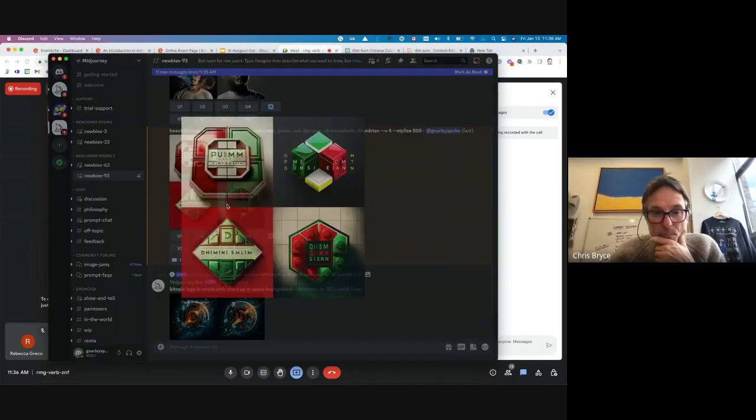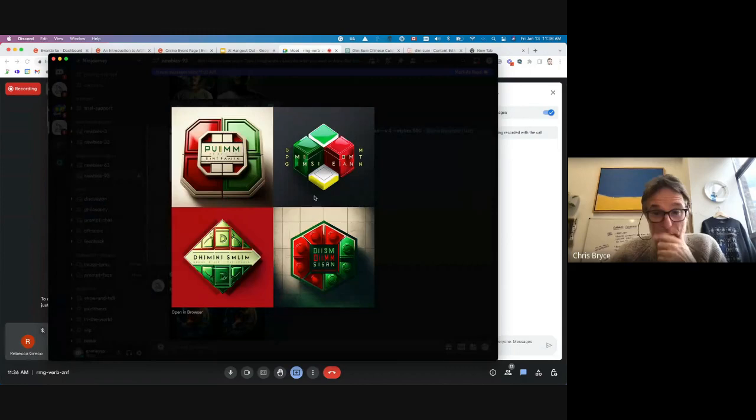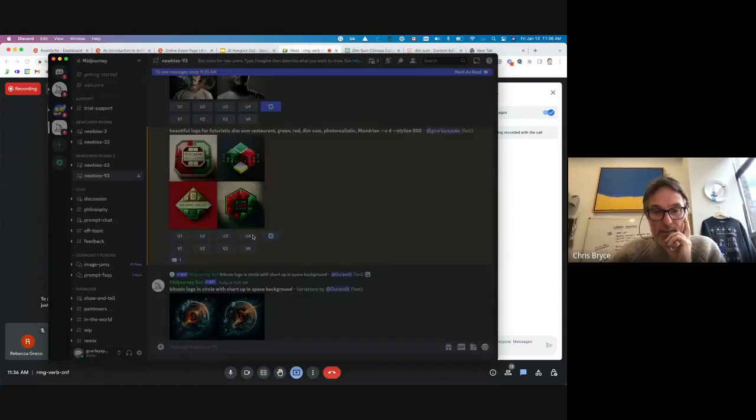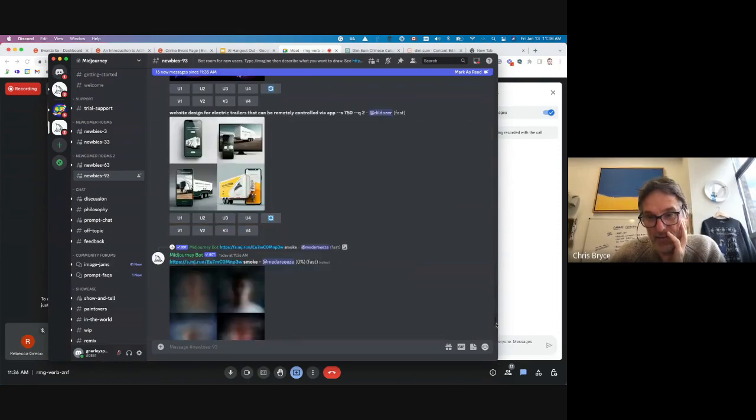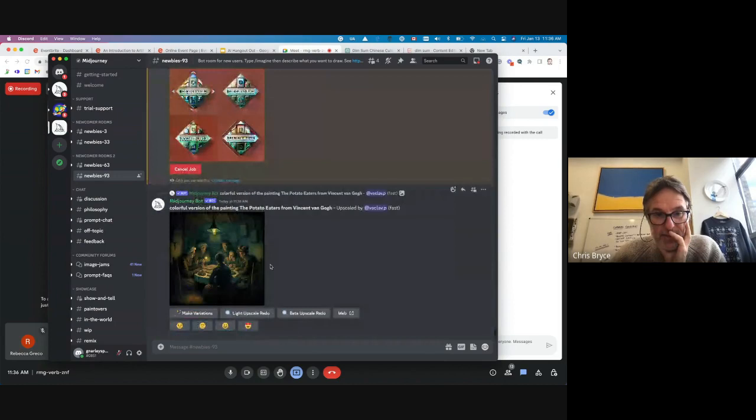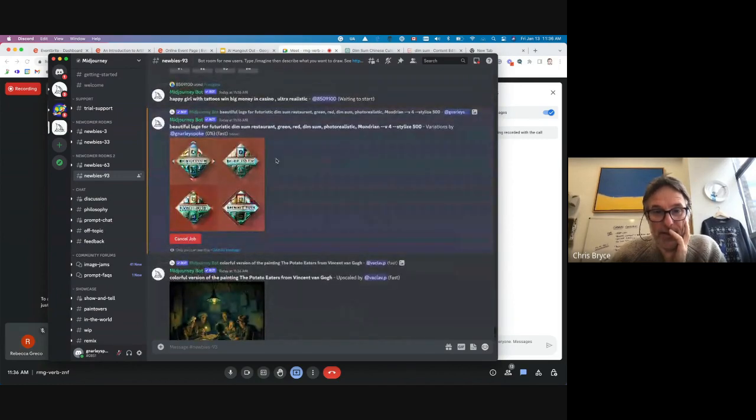And then I'm going to take a look at these, and these may or may not be something we like. If there is a direction that was presented, we can create more variants. So I kind of like what's going on down here in area 3. So I'm going to ask for a bunch of variants on this third guy here. That's already starting creating variations.